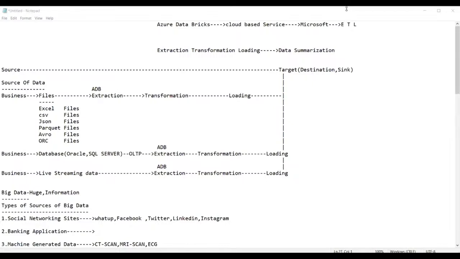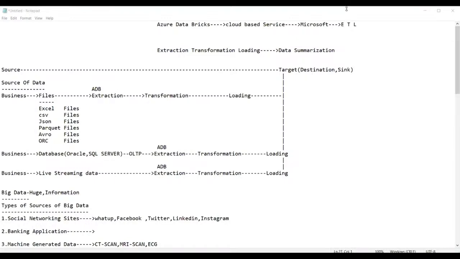And to be an Azure data engineer, what services do we need to know? If you know ADF, you are called an Azure data engineer. If you know ADB, you are also called an Azure data engineer. If you know Synapse, you will also be called an Azure data engineer. So either one should be fine, right? I heard ADF is an ETL tool, and you mentioned ADB is also an ETL tool, right?